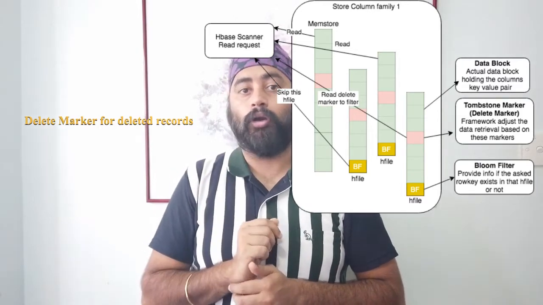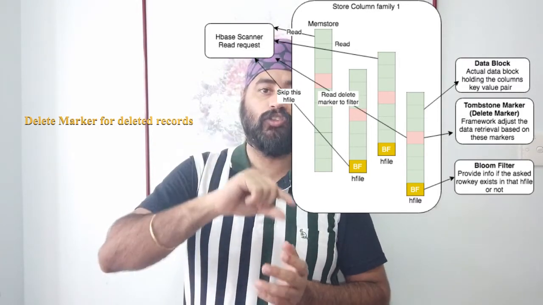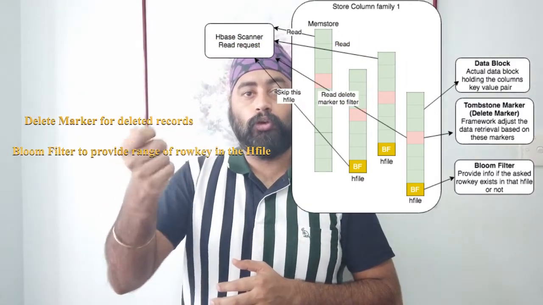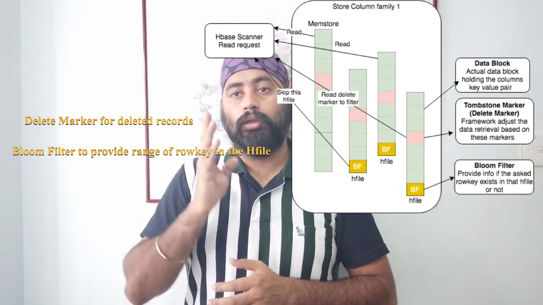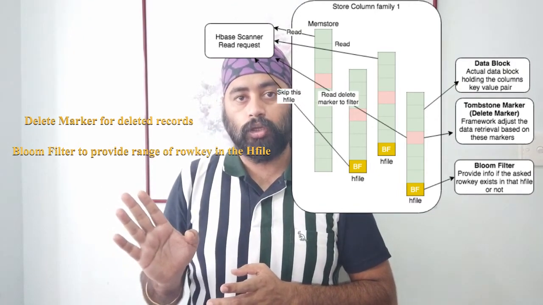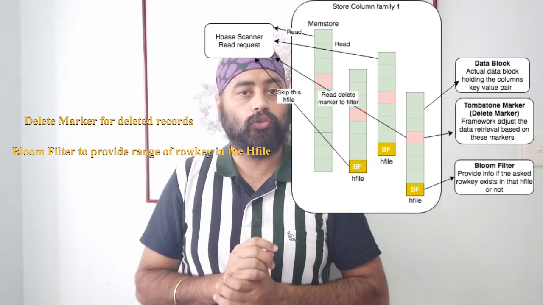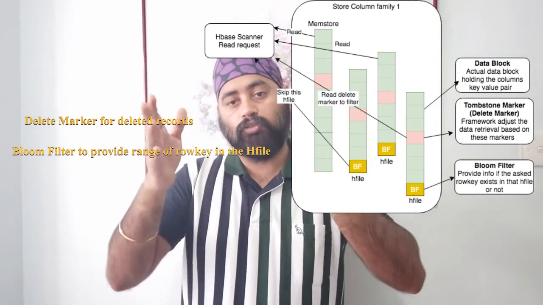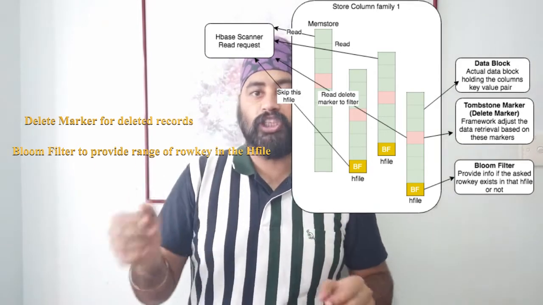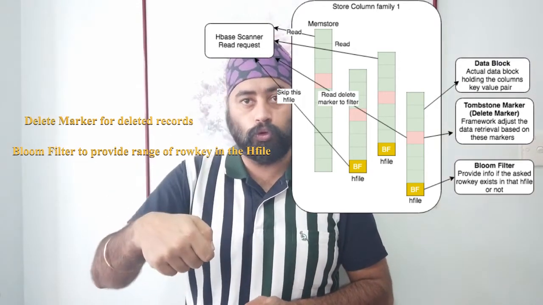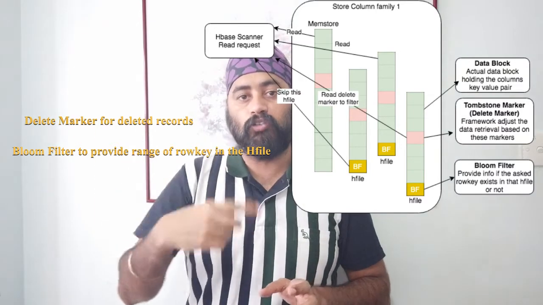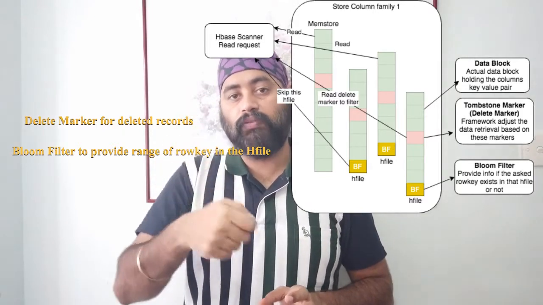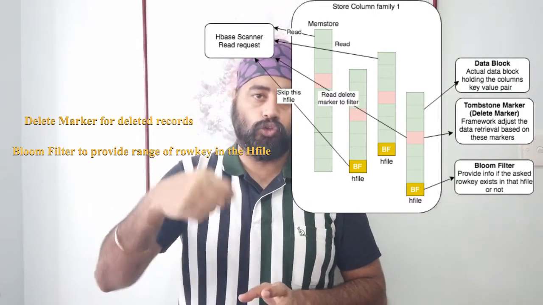Along with that, there is one more optimization called Bloom filter. The Bloom filter is information stored at the store level. When you query, it will tell you that this store file doesn't have those row keys, so it will not go inside that file and will not scan it. So it's very easy. Instead of scanning all the store files in that particular region, it will scan only specific store files, because first it will connect to the Bloom filter. The Bloom filter is already loaded in memory and understands which row keys the customer is looking at and which store files those row keys belong to.